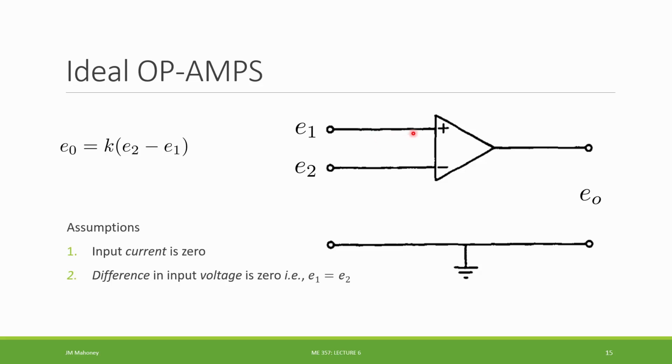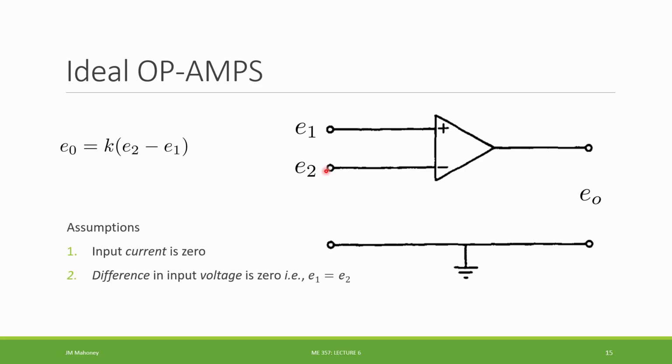We assume no current is going into the positive or the negative terminal of our op-amp when we are modeling them. And we are going to be assuming that the difference in the input voltages is 0. So that's to say that into the positive and the negative terminal, those voltages are the same. Now in reality, these two assumptions are not true,